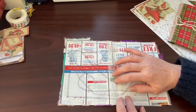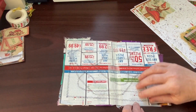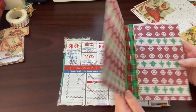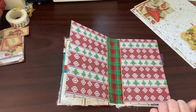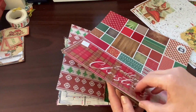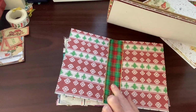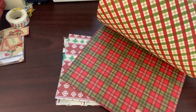I've just put a piece of masking tape down the middle, it would probably be fine because it's got material on the other side, but just to keep it that little bit stronger. And I have got just a piece of scrapbooking paper out of my scrapbook pad, which is very nearly gone. What have I done with it? This is one of those £3 ones, look, from The Works. So it's not the best, it's not brilliant card, it does split, so if you want it for a seam, like here, you need to put something over it. But other than that, you know, the beautiful